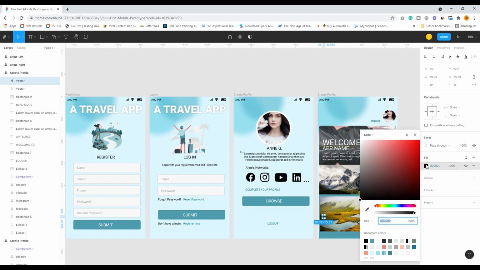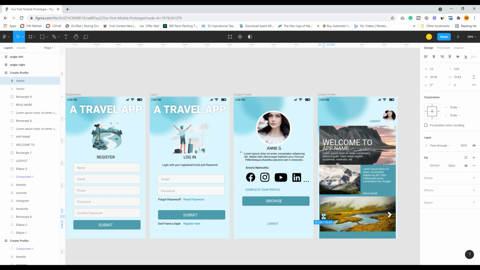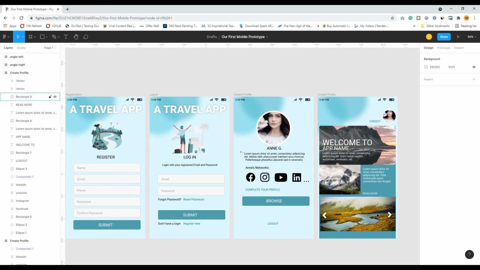Same thing. We could have also copied and pasted these arrows. That is not a problem at all. So these arrows are there, lovely.